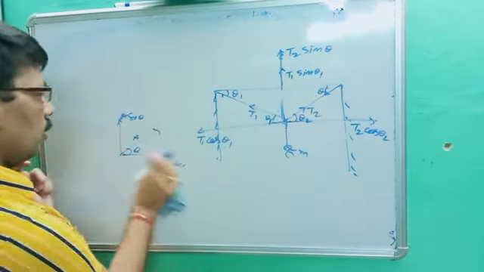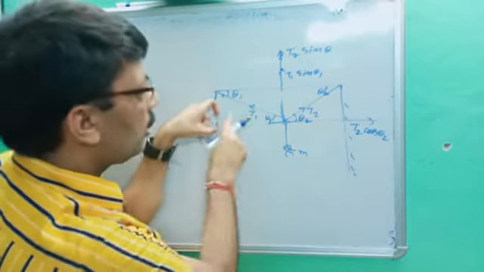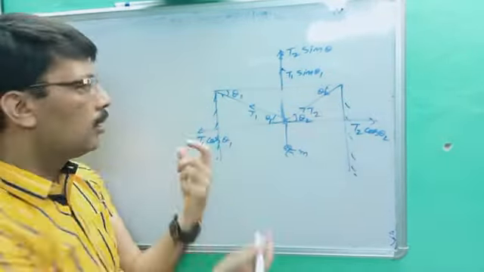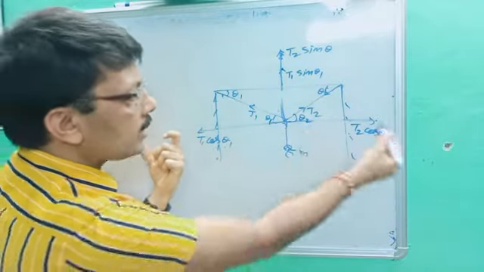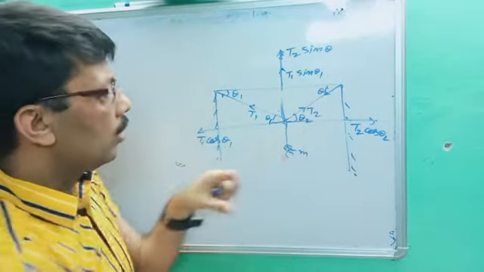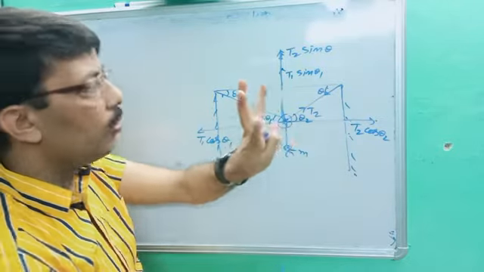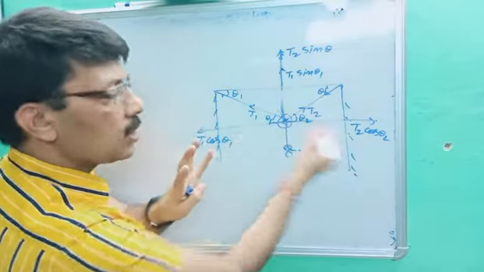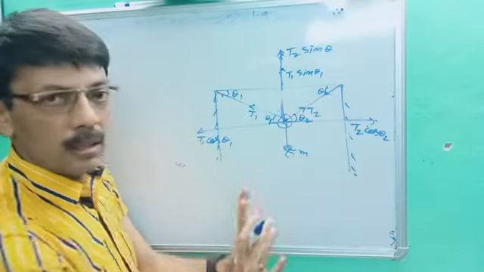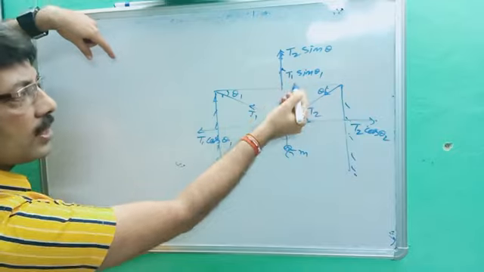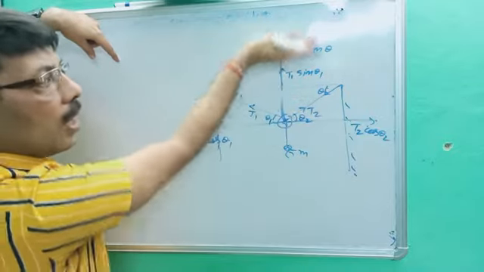See there, T1 and T2 were maintaining theta 1 and theta 2 angles. So we have to resolve into the base, or x dimension, or y dimension, according to the resolution of vectors. Now how many forces are acting on that point, on the monkey? Four. This is equal to this and this is equal to this. That's why it remains at rest. So what do we get here? Now make two equations.